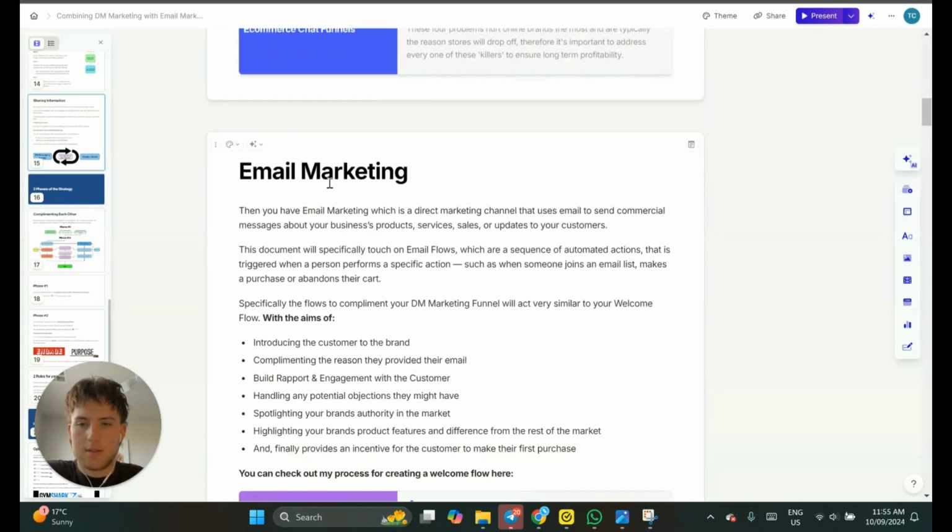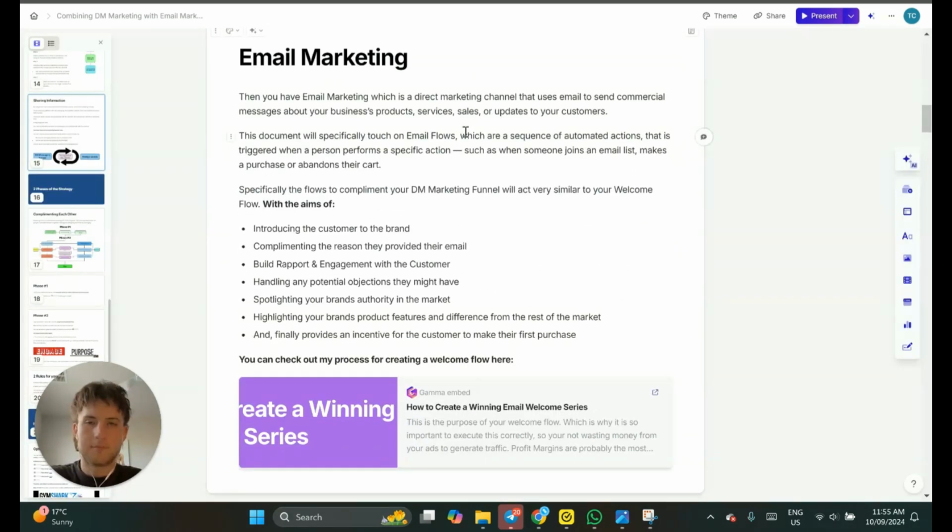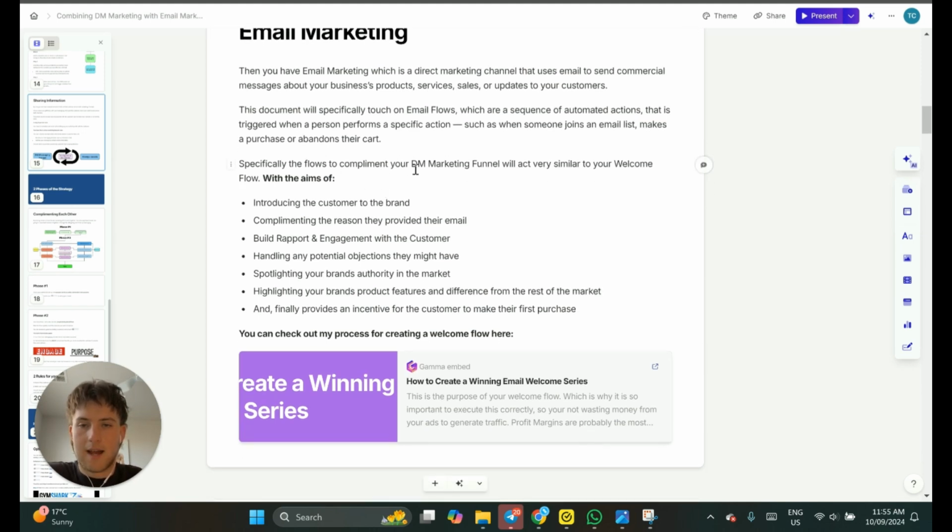And then also into email marketing. So pretty self-explanatory. Email marketing is pretty powerful in terms of just driving sales and making the most out of your customer list. This document is specifically going to touch on email flows. So a sequence of automated actions, where the customer will flow through an email sequence which is triggered after a certain action. So specifically the flows, talking about the DM marketing funnel and the complement of these two strategies,